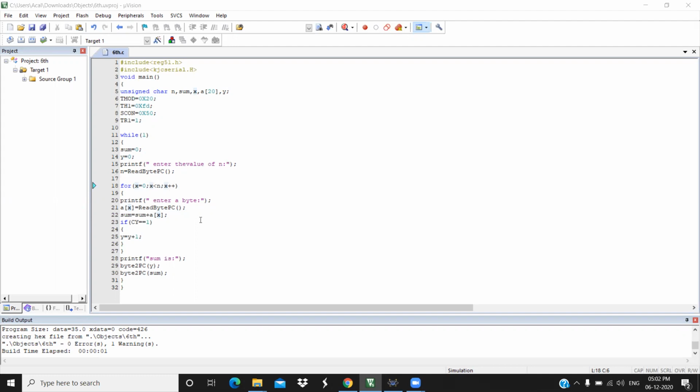And then a for loop to take the values for each term. If my n value is 4, I'll be taking 4 inputs from the user. So for that, I'll be using the array and a for loop. So that is printf enter a byte, and let's enter a byte, and that byte value gets stored here, that is a of x. I'll be taking numbers one by one using the array,